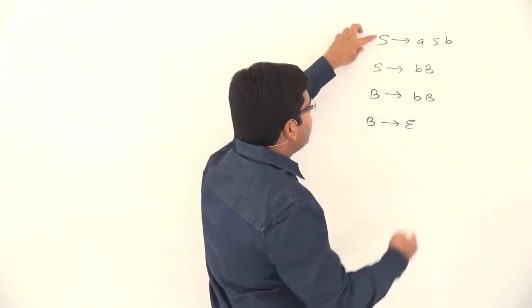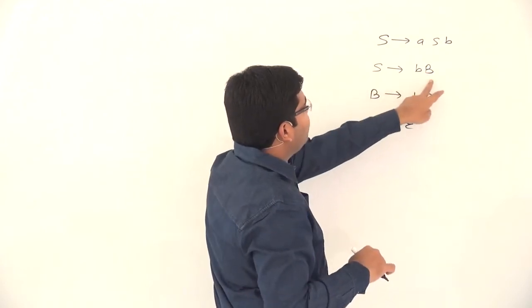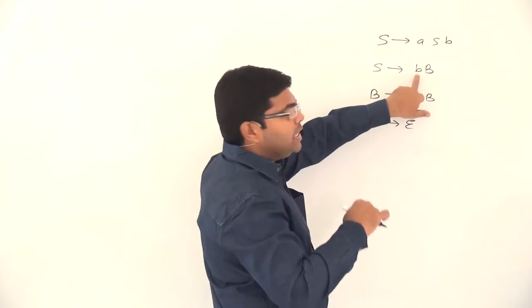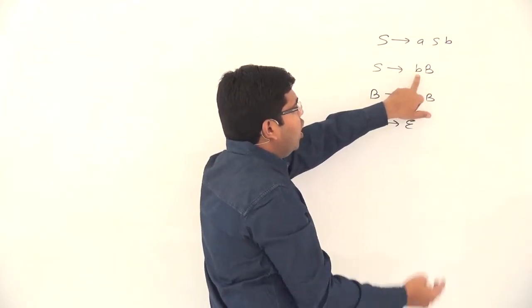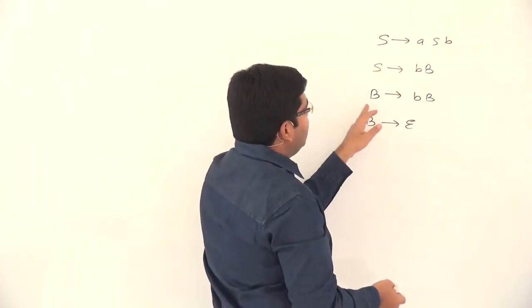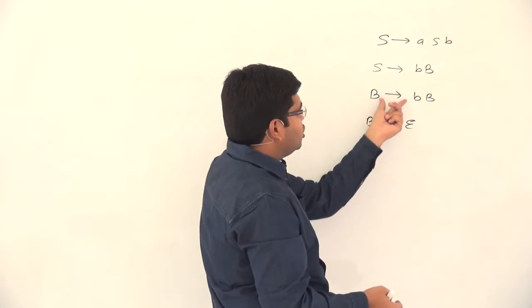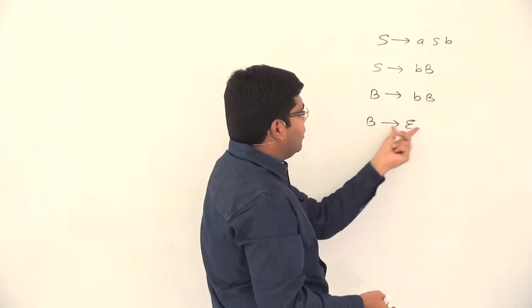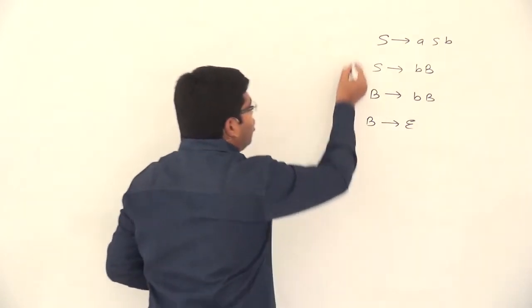Now whenever you come out of S, you will enter the loop of B. Whenever you enter the loop of B, you will introduce an additional b to the right-hand side of S, after the a's, and then this B will produce even more b's because there is a recursion: B produces bB, or you can replace the B with epsilon. So in short, let's try to generate a particular string belonging to this grammar.